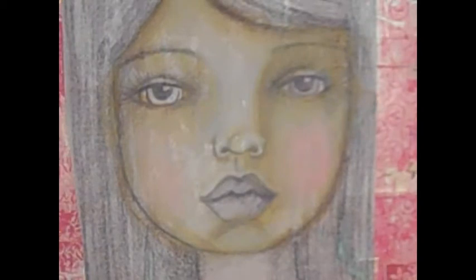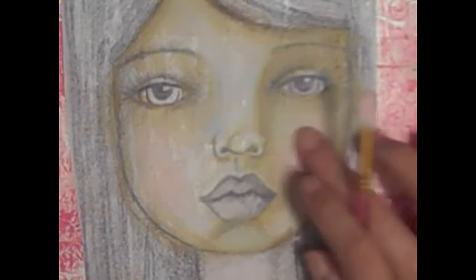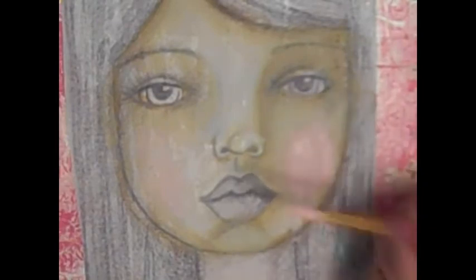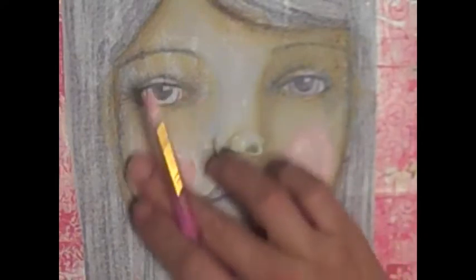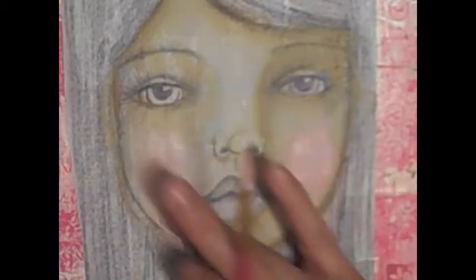I'm telling you, use this floating medium. I can tell that that's the key for using these folk art colors on painting the face. If it doesn't move around, it will not look good. So move the paint around with the floating medium and your fingers. And of course, this is not a very